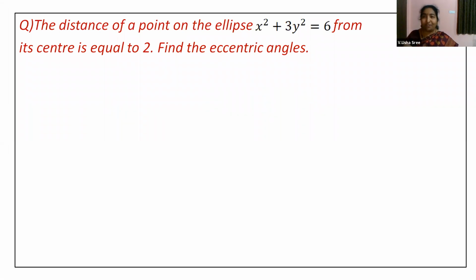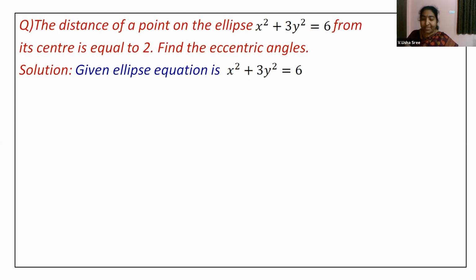Now, in the previous sessions of trigonometry, of course, maybe you are also watching the trigonometry concept, we have seen the trigonometric ratios are periodic. The same value can be repeated in different quadrants, isn't it? After a regular interval, the trigonometric ratios are repeating. Likewise, for the eccentric angle, we are taking sine and cos with theta. So you will have 4 eccentric angles. That is the reason why the question mentions eccentric angles.